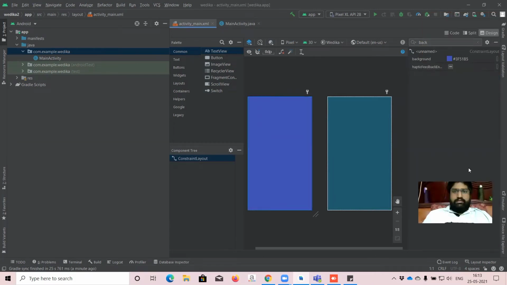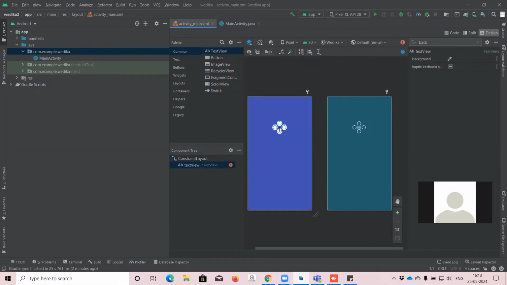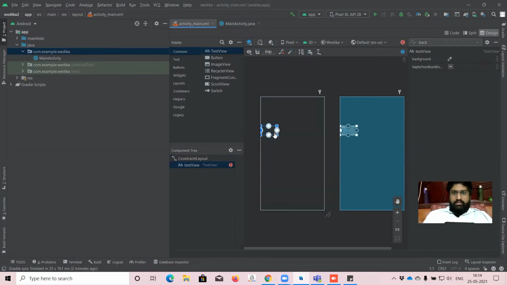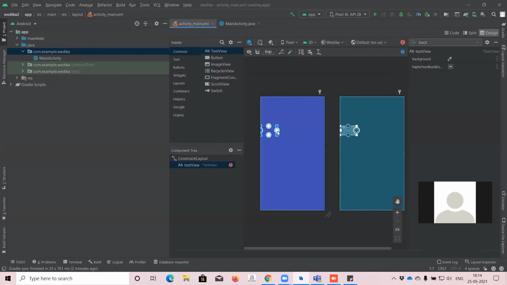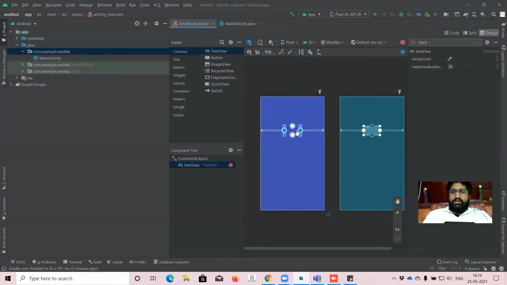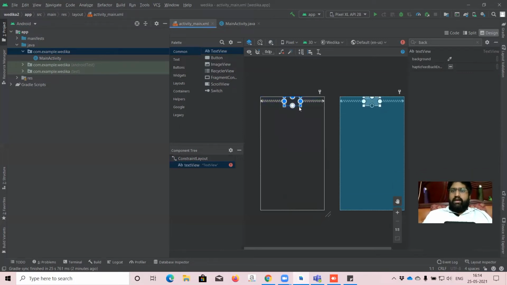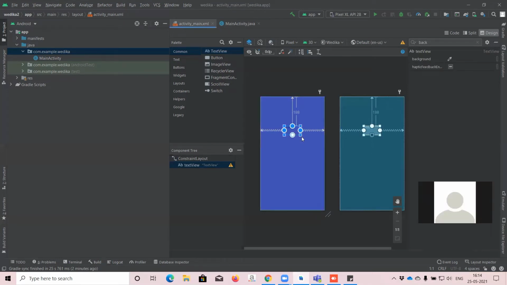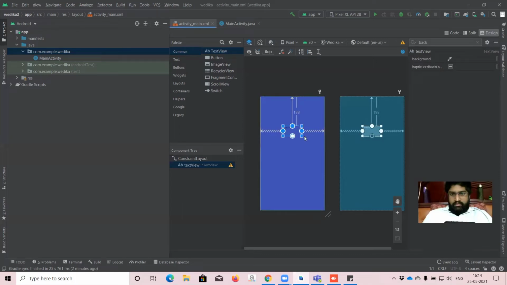The second thing is I'm going to add the text view. I have to drag and pull out the text view. Do you remember this circle thing? What am I doing? Dragging it in the center. It's because it is a constraint layout, so we are giving a constraint. So in every mobile, it shows the same. It won't break the app size.